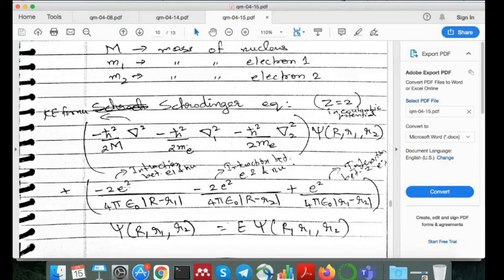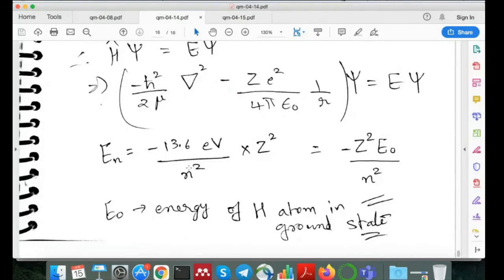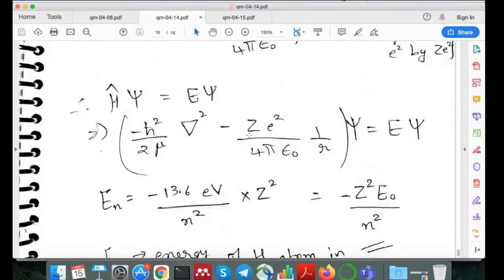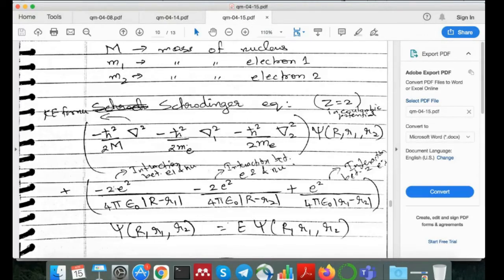Now you can see one more thing here, that there is a 2 over here. If you look at the case of hydrogen atom, let's see. This is the potential energy for hydrogen-like atom. Whenever you look at potential energy for hydrogen-like atom, there is a Z, and Z represents the atomic number. So same thing we have used here. For helium, Z turns out to be 2, right? Atomic number is 2, and so we have included a 2 here. There's a factor of 2 here and a factor of 2 here, in your Coulombic potential.